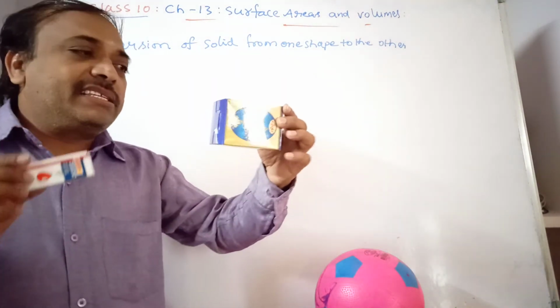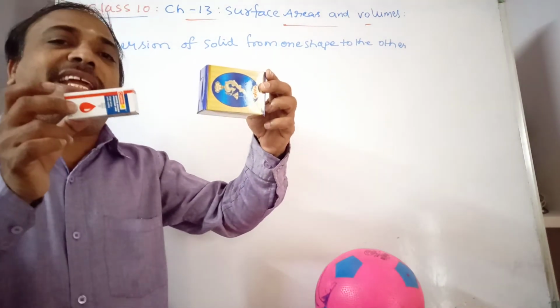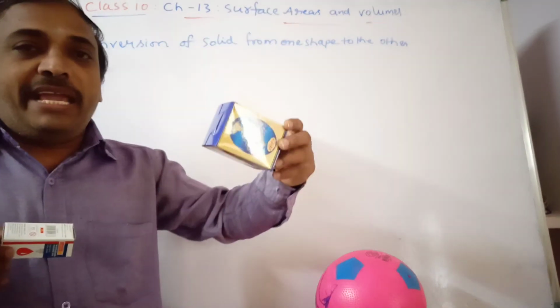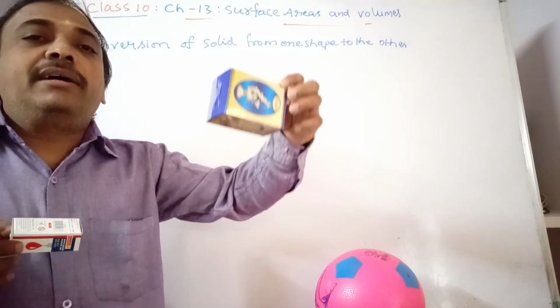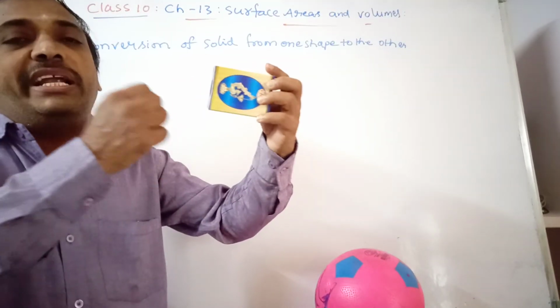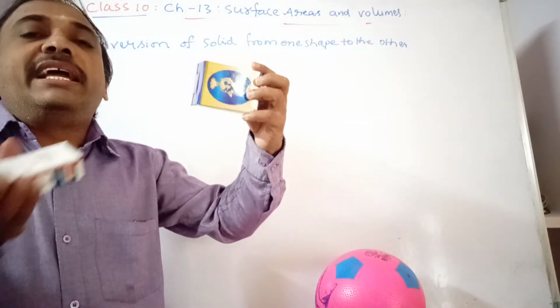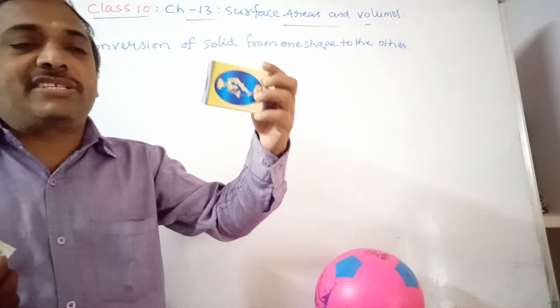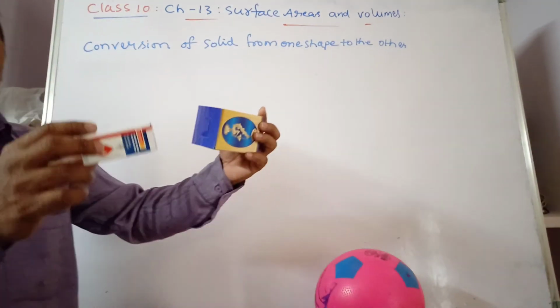You see here, this is a big cuboid and we are converting into small cuboids. How many cuboids can be made with this bigger cuboid? So the volume of this cuboid, then the volume of this cuboid, then if you divide, you get the number of cuboids we get. This is a solid, so bigger cuboid and smaller cuboid.